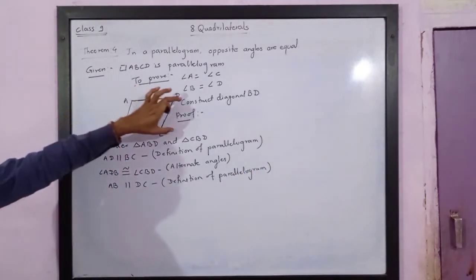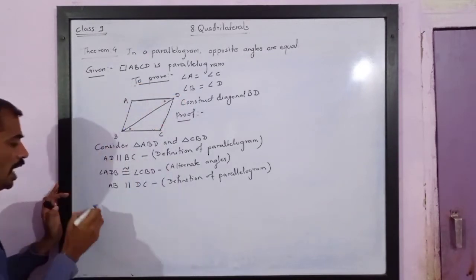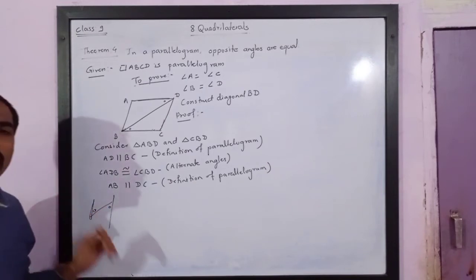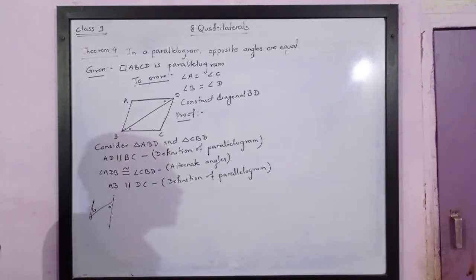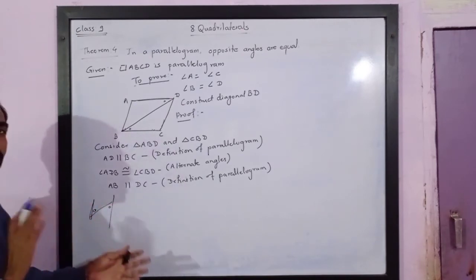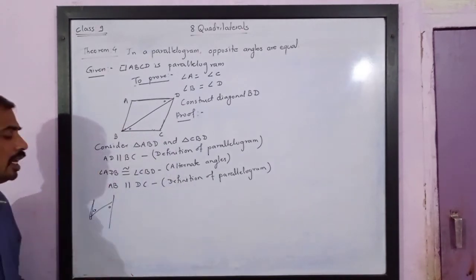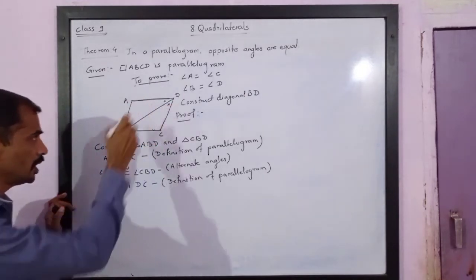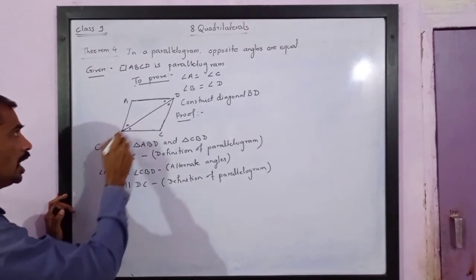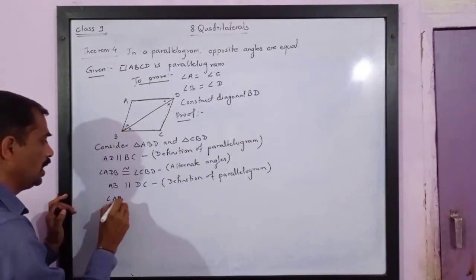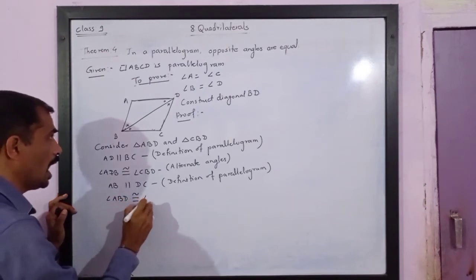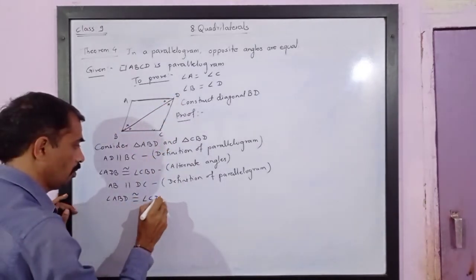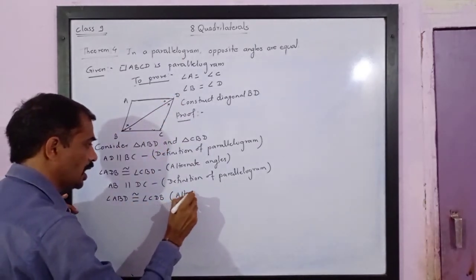Now if AB is parallel to DC, it means we are getting these two sides parallel and this as a transversal, it means these two angles are congruent. We have already studied alternate angles means angles. Z letter stands for alternate angles. You can take the mirror image or rotate it in any way. If it gets, then it is the alternate angle. So this angle is congruent to this angle. It means angle ABD is congruent to angle CDB. Reason is alternate angles. They are also alternate angles.